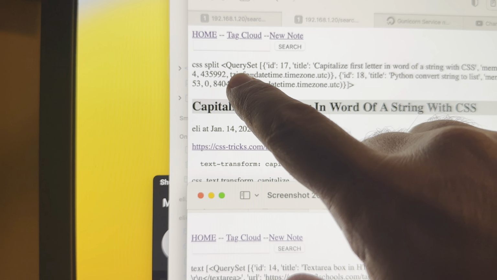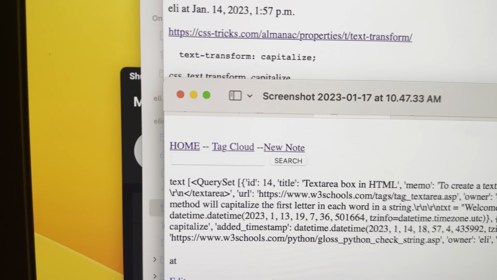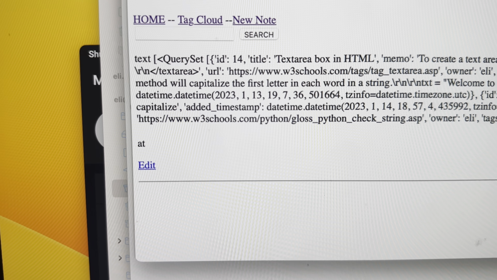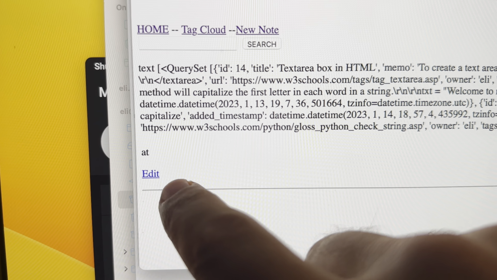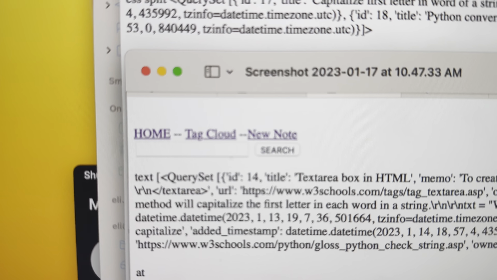One of these things is not like the other. So, in my stupidity, right? This is the kind of result that I would get. At edit, that's all that was coming up. And I couldn't figure out why. And the reason